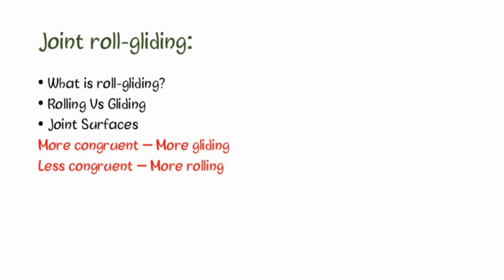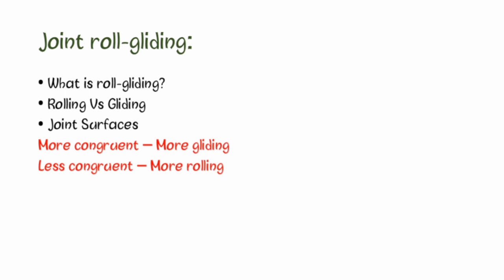Now let's first understand what is joint roll gliding. In the healthy joint, the functional movement, which is also known as the bone rotation, is the movement of the bone in the standard planes like flexion, extension, abduction, adduction, and so on. Whenever there is rotation of the bone, it produces joint roll gliding. To put it simply, whenever there is rotation of the bone, rolling and gliding occur at the joint. Roll gliding is basically a combination of rolling and gliding movement which takes place between the two joint surfaces. For example, in the spine, it occurs between two adjacent vertebrae in a mobile segment.